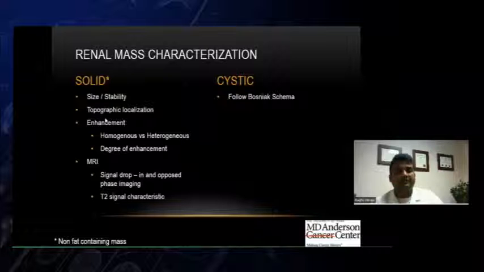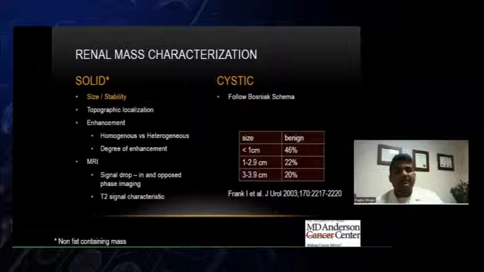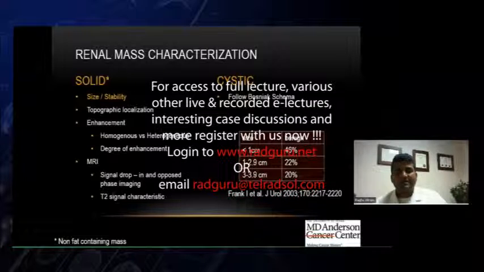Now let's talk about size. If you see a solid renal lesion, size is very important because the larger the lesion, the more likely it is going to be malignant. It has been proven from large retrospective studies that if you have a sub-centimeter lesion, almost 50% of them are going to be benign. So you really don't want to do anything about them. And particularly